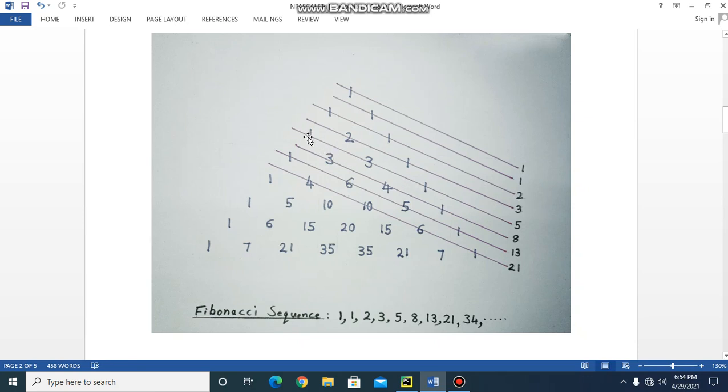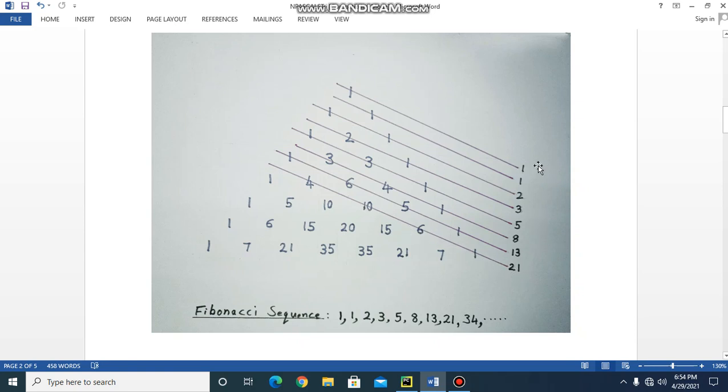Then the next diagonal is cutting 1, 3 and 1. So 1 plus 3 is 4 plus 1, 5. That is this 5 here. Next diagonal is cutting 3, 4 and 1. So 7 plus 1, 8. Then this is cutting 1, 6, 5 and 1. So 1 plus 6, 7 plus 5, 12 plus 1, 13. And the next diagonal is cutting 4, 10, 6 and 1. So 14, 6, 20 and 1, 21.